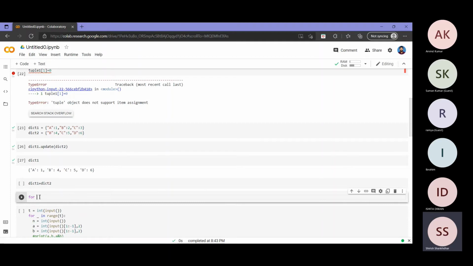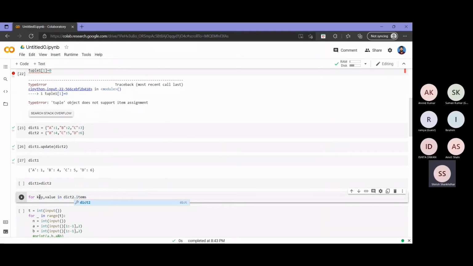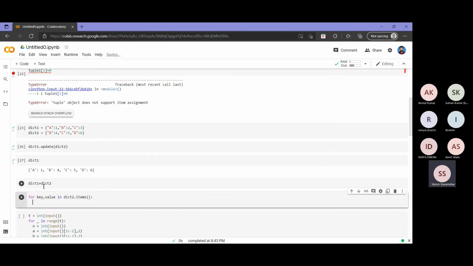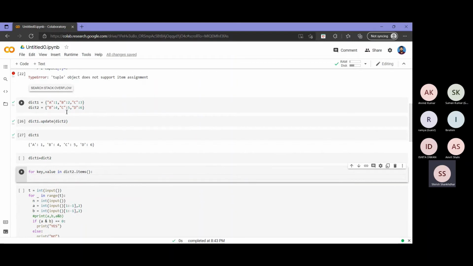So what I can do is I need an iterator in this case. Like for key, value in dict2.items(). And this will give me first B4, then C5, then D6.